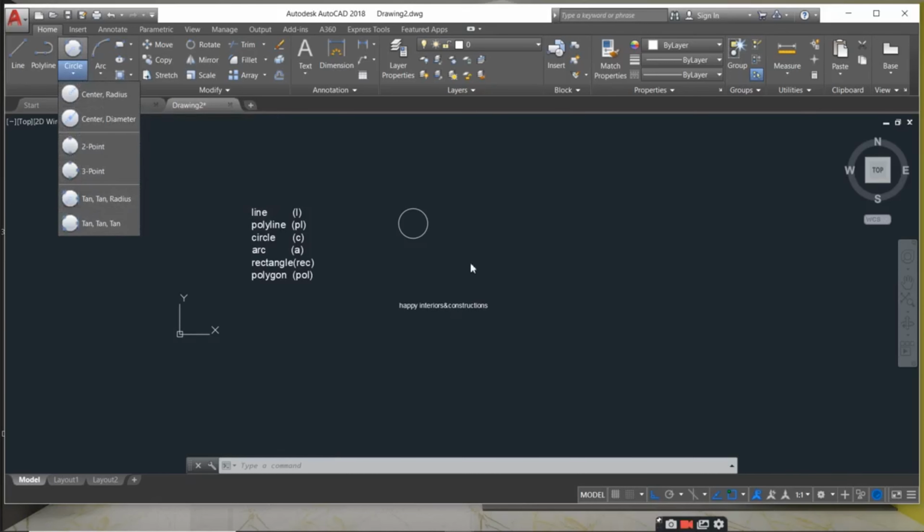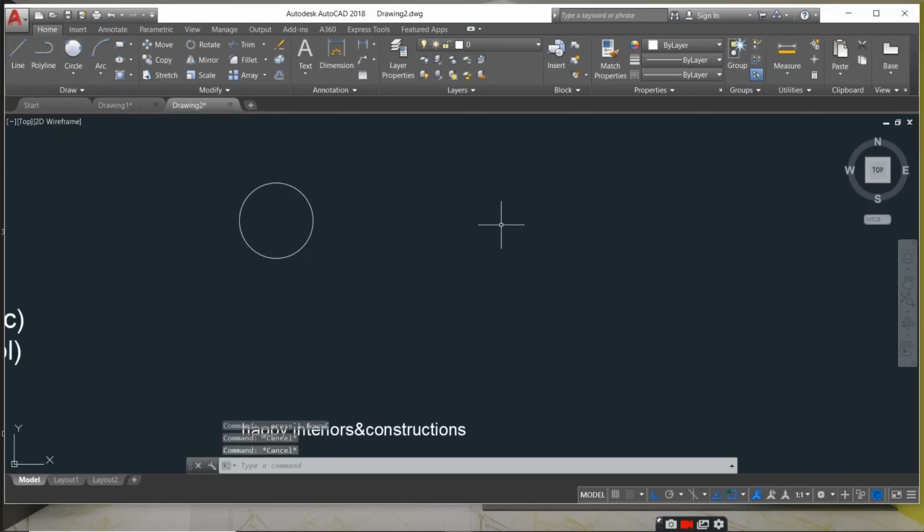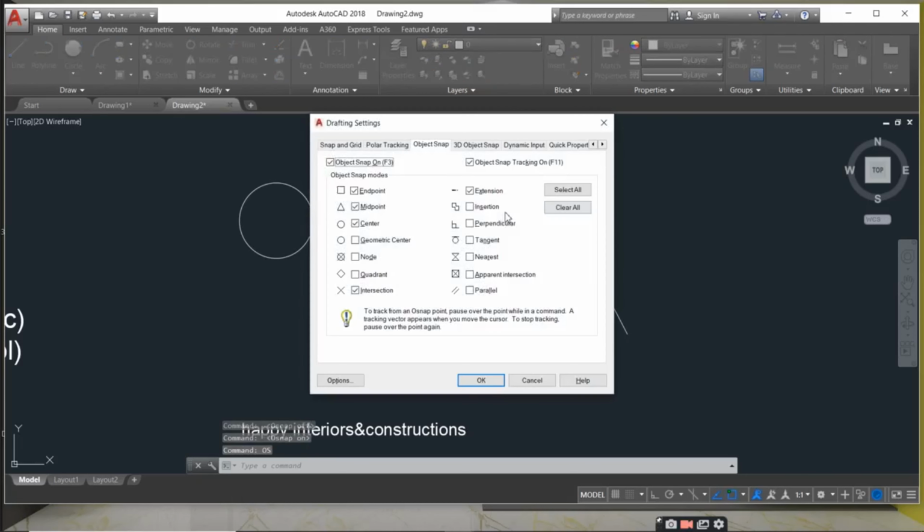Now 2-point circle. What is a 2-point circle? See, I have a line here and this is my point. I have another line here. So this is the end point of one line, and this is the end point of the other line. Just wait a minute.